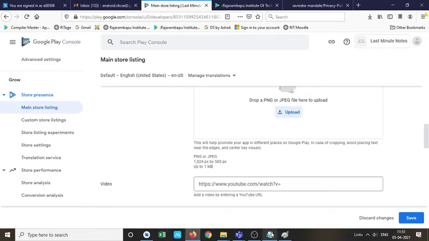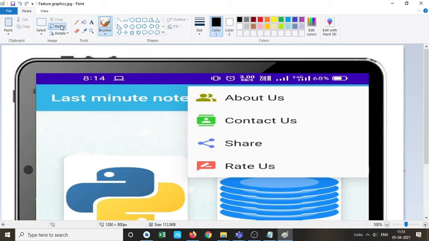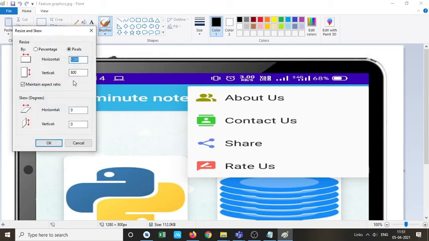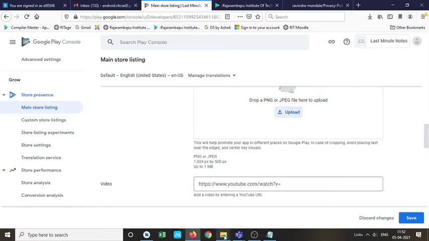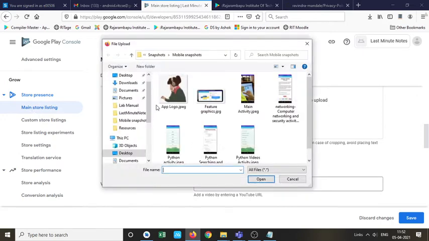So 1024 into 500. I'm resizing this. So for time being, I'm uploading this image. Okay.